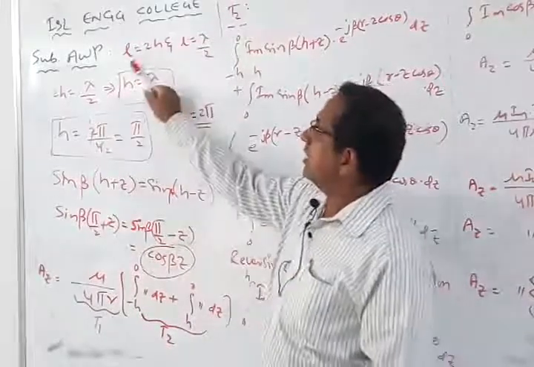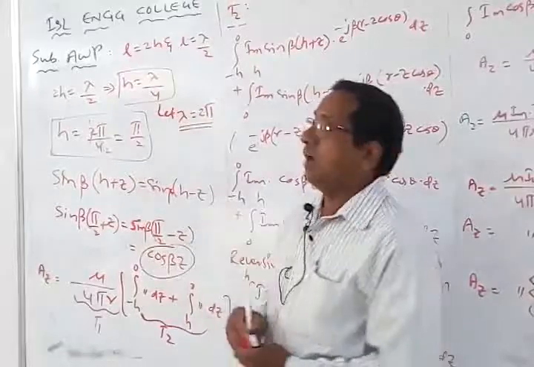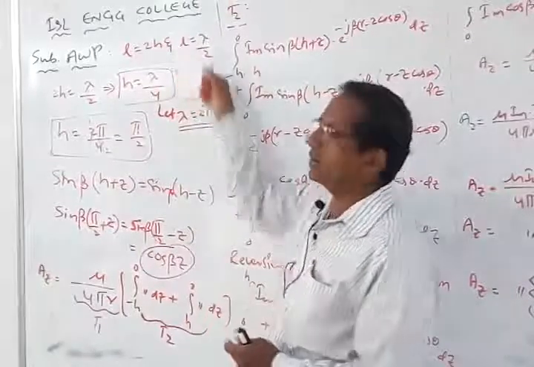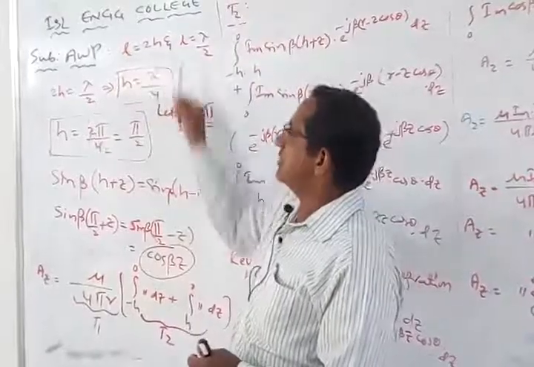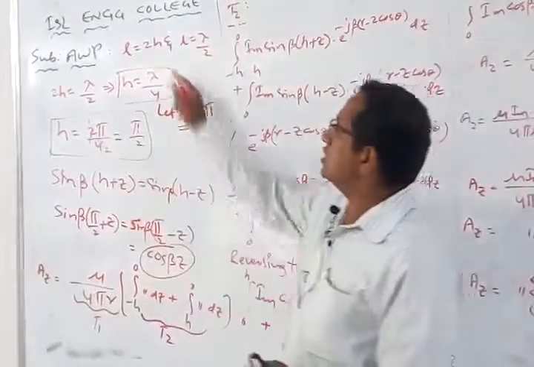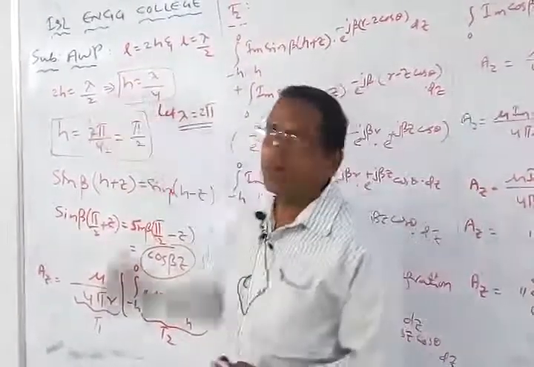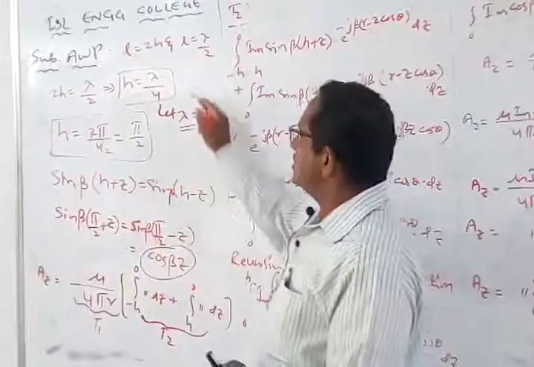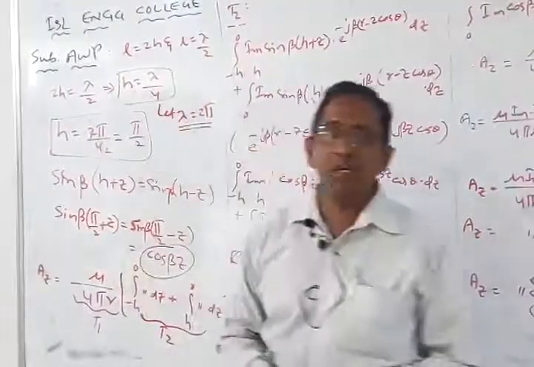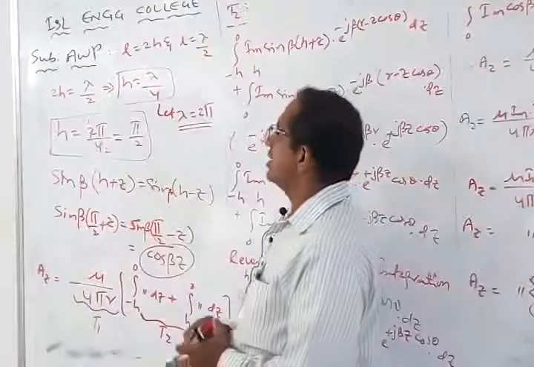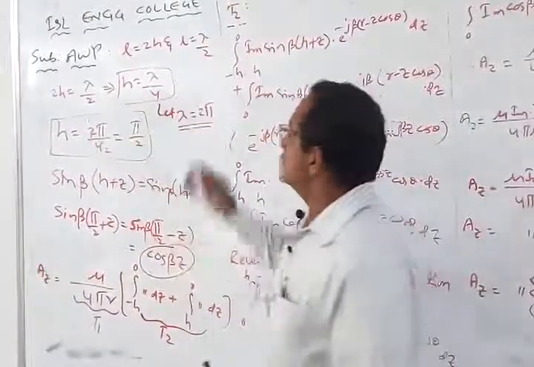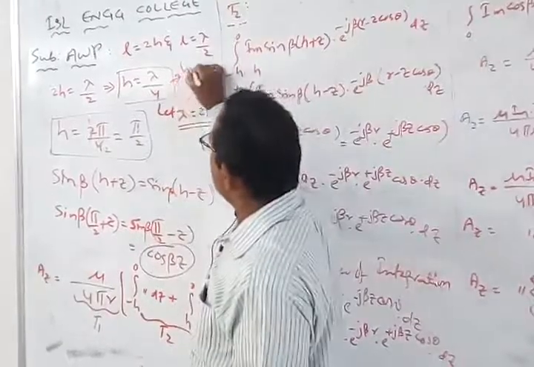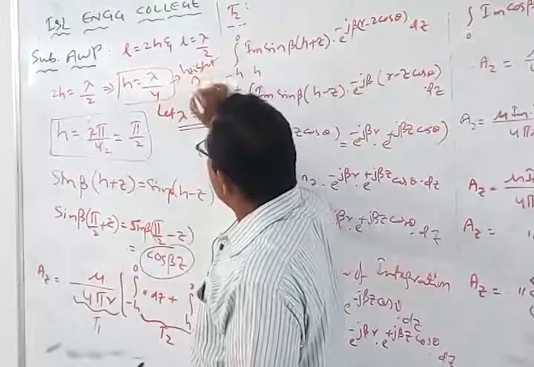The length of the dipole antenna is taken as equal to h, and for a half wave dipole we have taken L is equal to lambda by 2. So these two are the lengths which we have represented. Therefore we can equate these two equations as 2h is equal to lambda by 2. So using this equation we can find out the height of the dipole antenna. The dipole antenna height can be written as lambda by 4. So this is known as the height of the antenna.